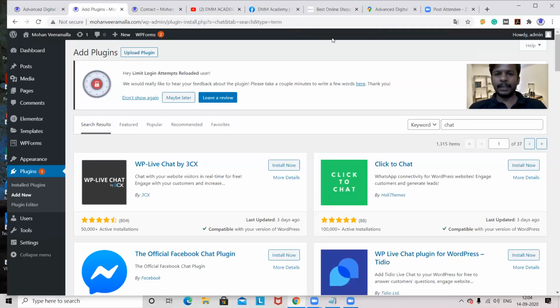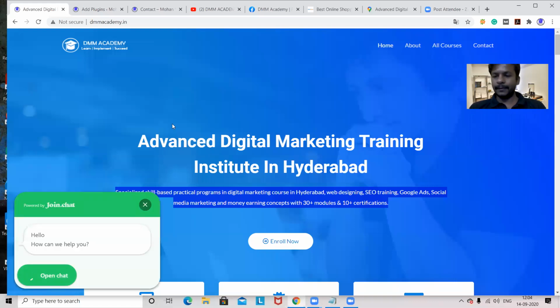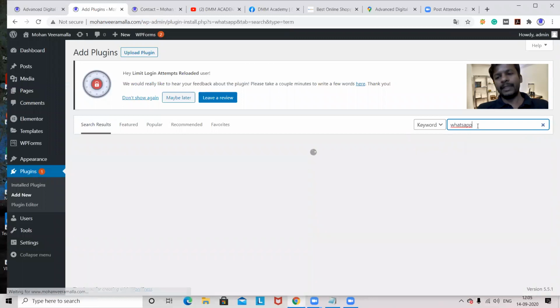We'll go with some other plugins. See, in this website, if you go here, I have implemented WhatsApp. Okay. So if you want to implement WhatsApp also, we need a plugin. With the plugin only, it will be done. So simply you have to go here, search for the plugin, whichever you want. Yesterday what I did, I searched for calls, no. Then I got some plugins. According to that, I selected. So here I want something for WhatsApp. Then I'll be going with the word WhatsApp.